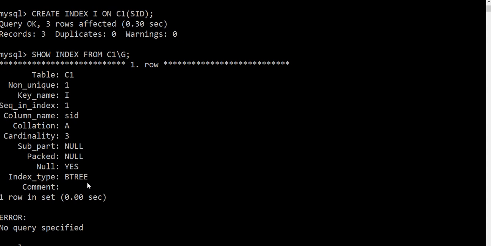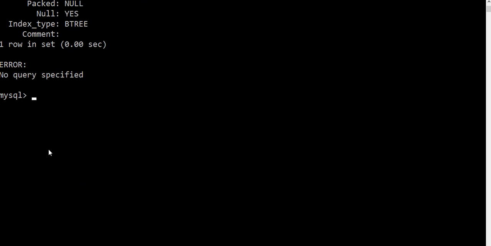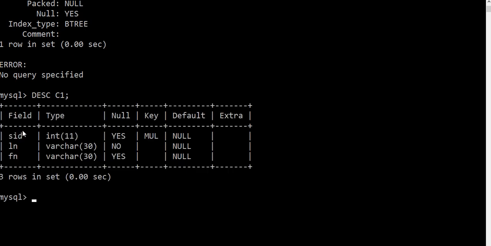Now if we want to see the structure again, what difference will you observe? You can see that a key has been added here. And which type of key is it? MUL stands for multiple, a non-unique key. Okay, fine.